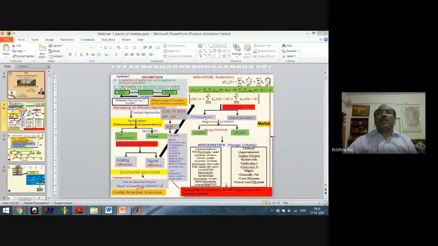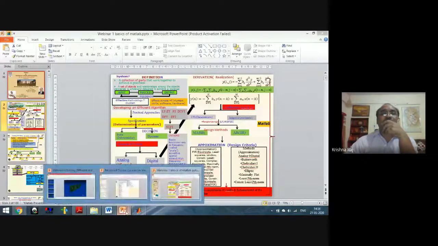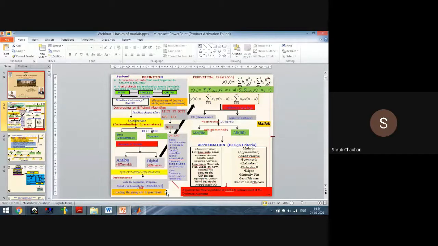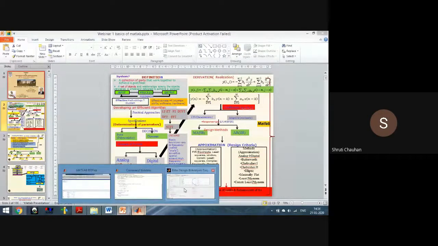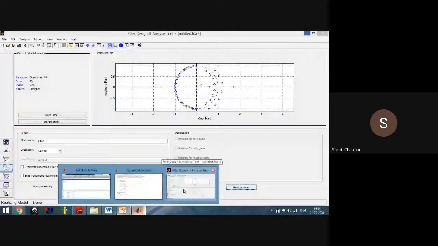Why do we use the approximation? What is the meaning of the approximation? In mathematics, first we derive the equation, then we apply the approximation. Why is the approximation required? Because we cannot get ideal results. We cannot get a perfectly ideal result, so we try to move towards more ideal conditions. That's why we use approximation, to get matched with the results.